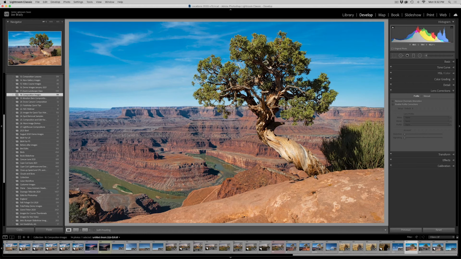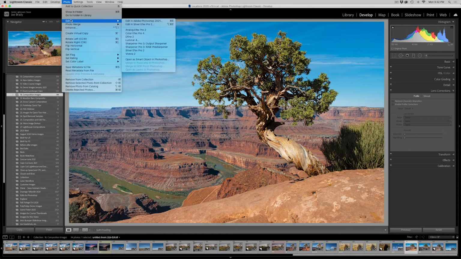All right, so here's our image back in Lightroom, and it looks pretty good. And we could say done, but I want it to be even a little bit better. I'm going to send it into Nik Viveza. So we go to Photo, Edit In,